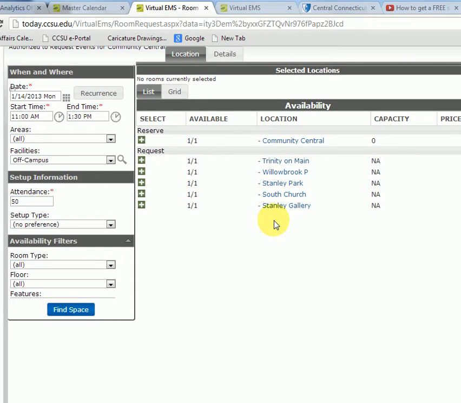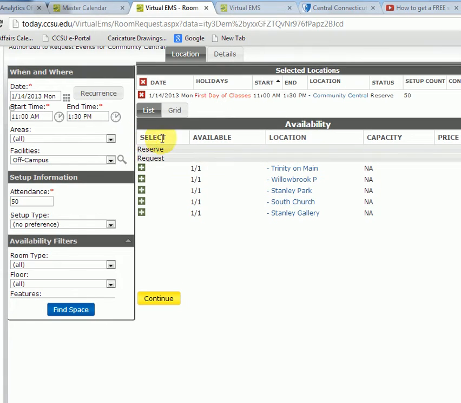Again, we don't conflict check any of these things, so if you have something scheduled at South Church, a choral group, for example, is going to be singing at South Church as a part of a Community Central activity, you could choose South Church, but you should do that understanding that people are going to be looking at this in a public sort of way, and so make sure that you've got the authority and the privilege to be able to schedule that. We're assuming that you have the privilege to schedule for Community Central,